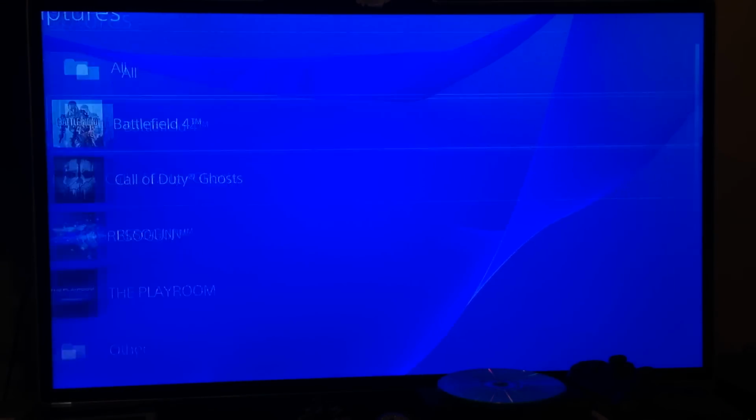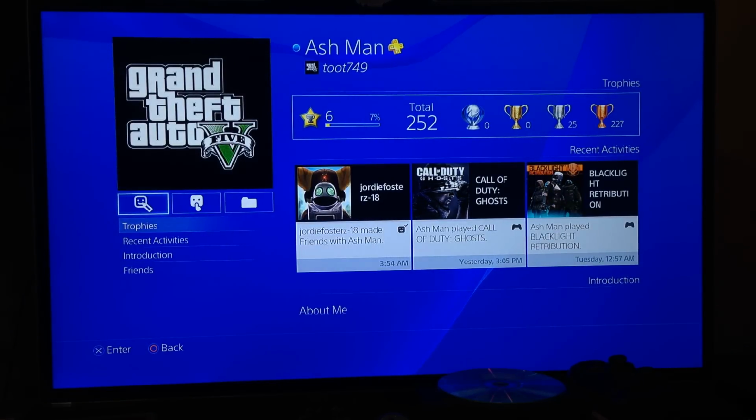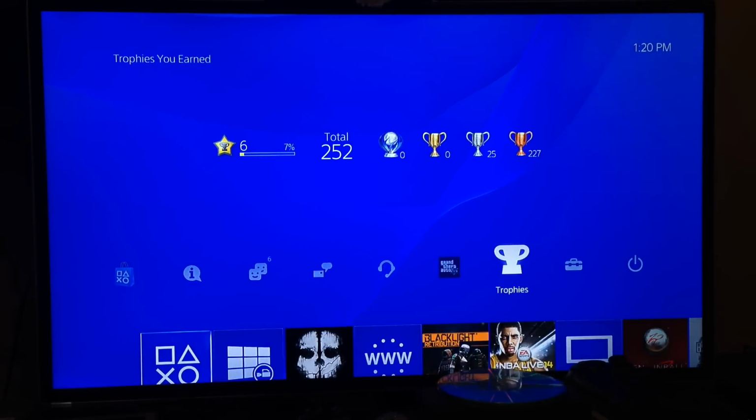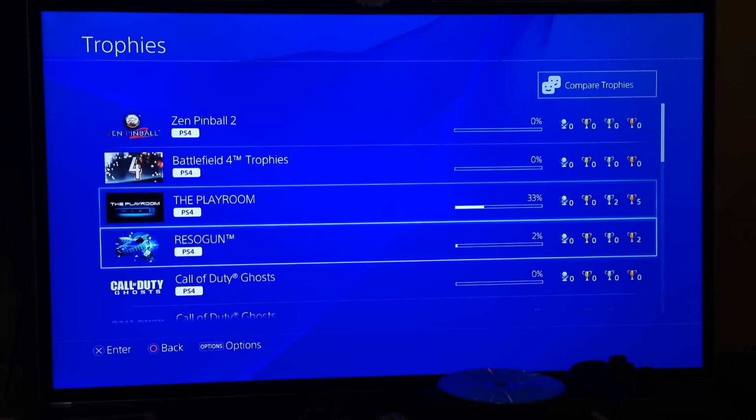And also, a thing I forgot to mention is you can trim and edit the captures, so you can trim it down to a certain amount or length that you want, which is pretty cool. So that's profile. Now we have trophies, which is just your trophy section to view all of your trophies